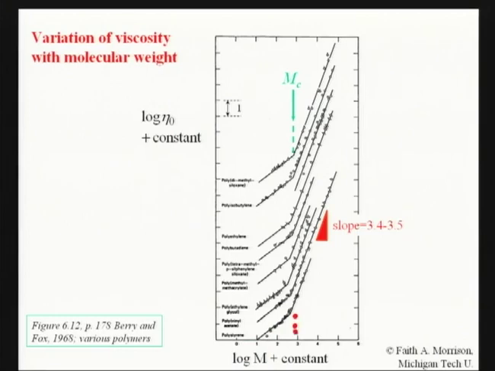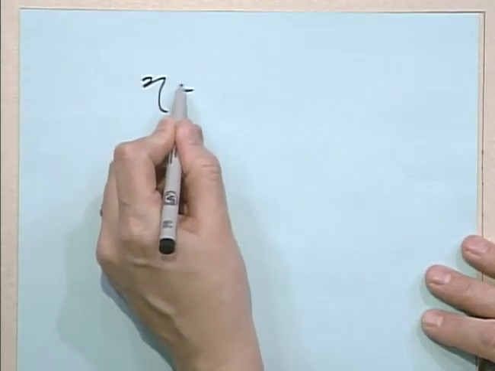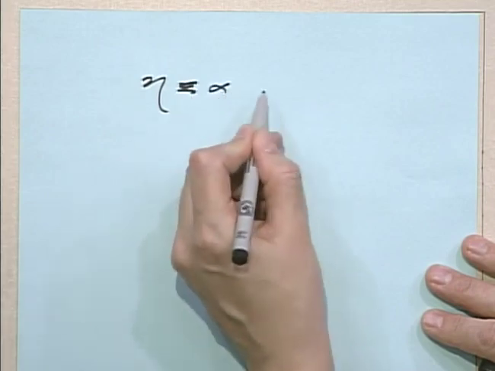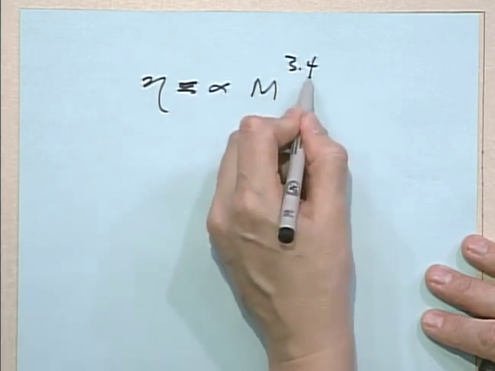Above that critical molecular weight, it's much, much stronger. And it really is thick in terms of molecular weight. If you double the length, you make the viscosity go up by an order of magnitude. If viscosity goes like molecular weight to the 3.4, then if I